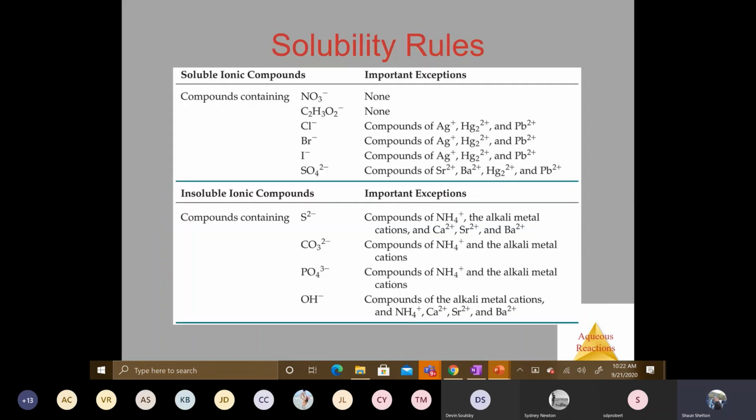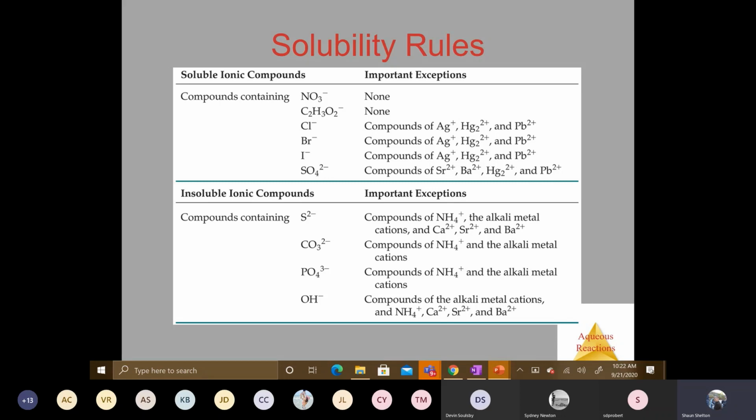Moving on. All right, let's talk about solubility rules. This is really what I want to get to today. What we're going to do on Wednesday is talk about double replacement reactions and single replacement. I'm going to try to get a bunch of it knocked out. If not, it will be posted in separate lecture videos. So for today, we're just going to focus on the solubility rules.